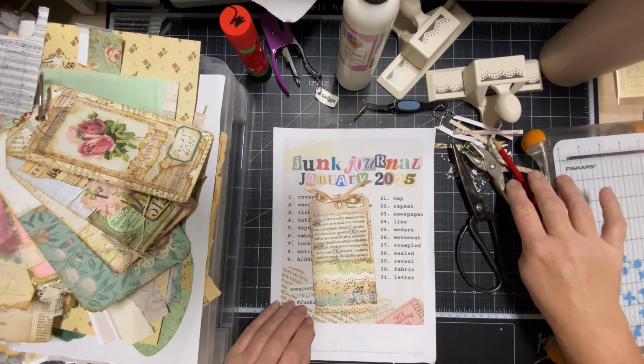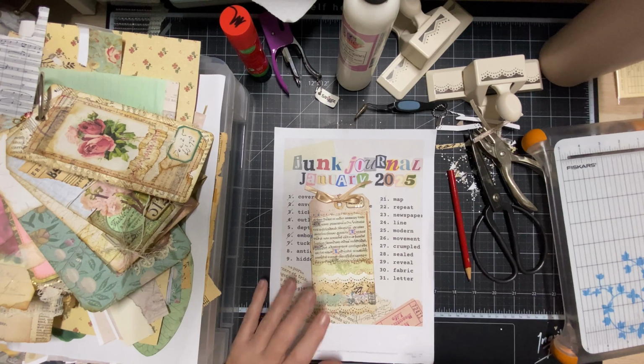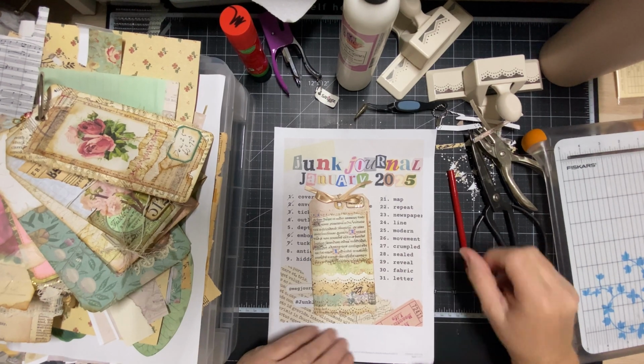Oh, I have got an old newspaper. It's perfect, so that will be nice to use. I've been meaning to, it's been sitting there and not being used, so